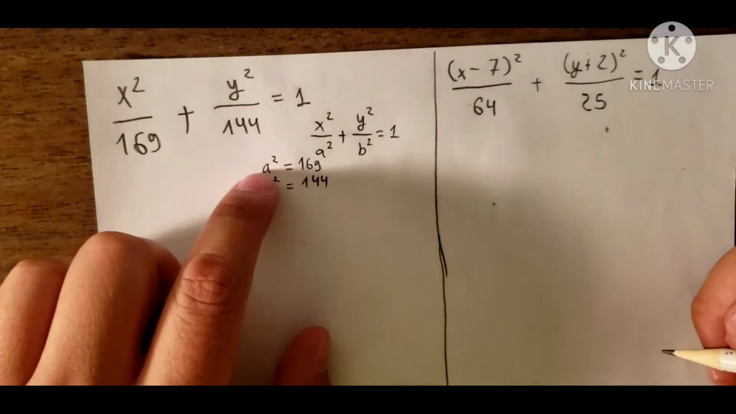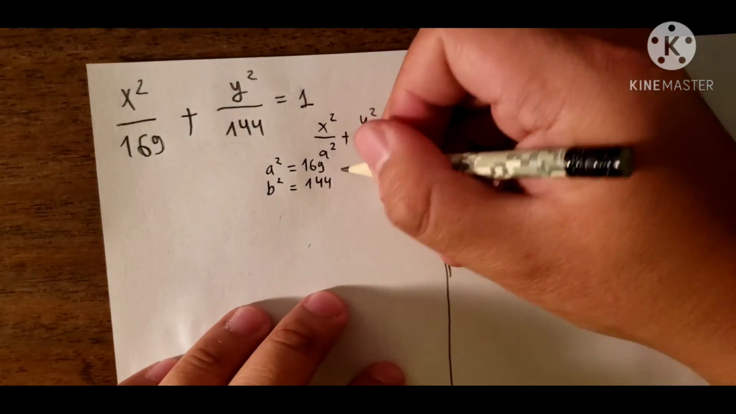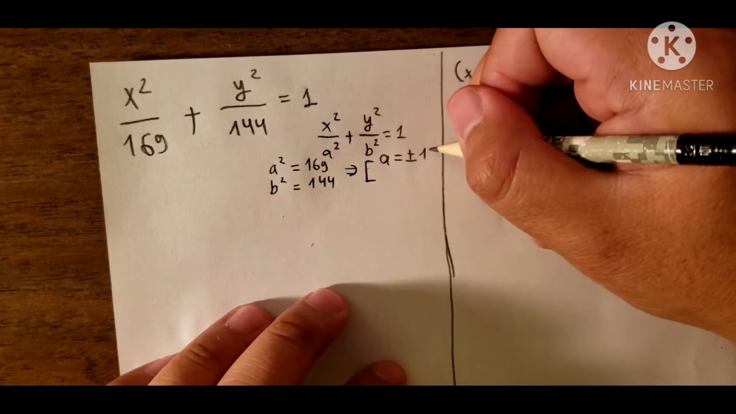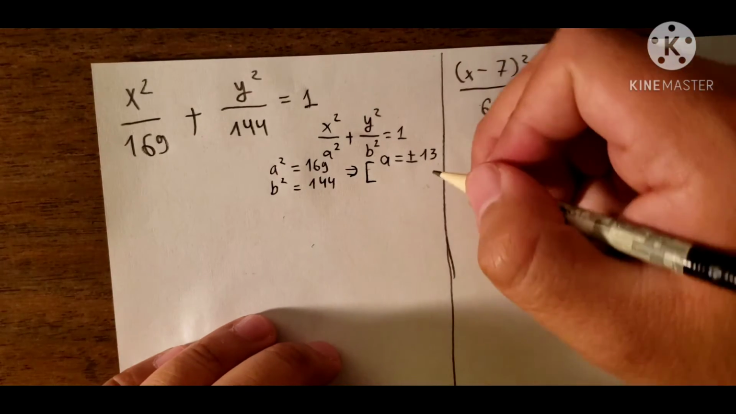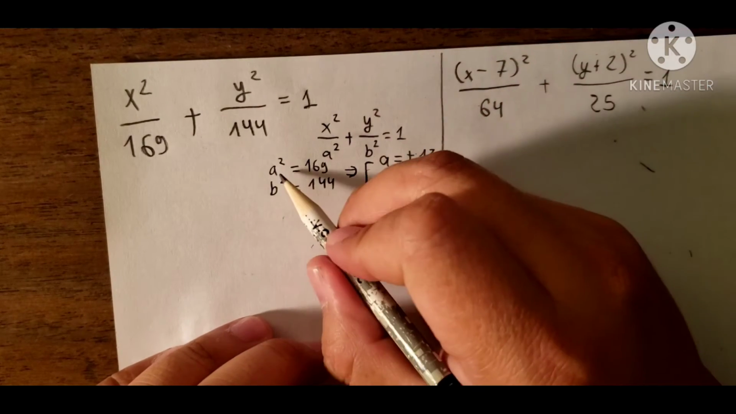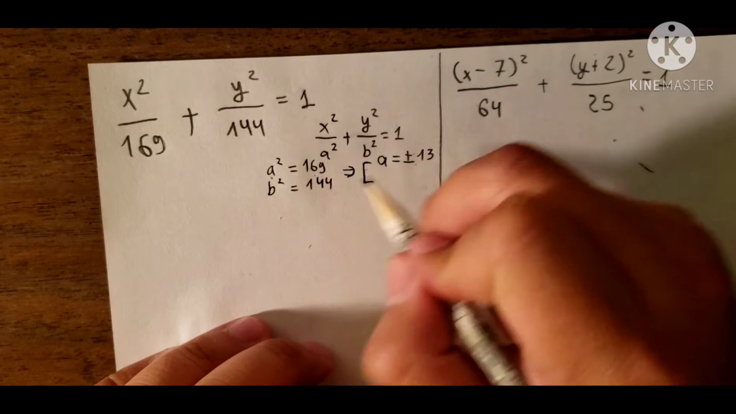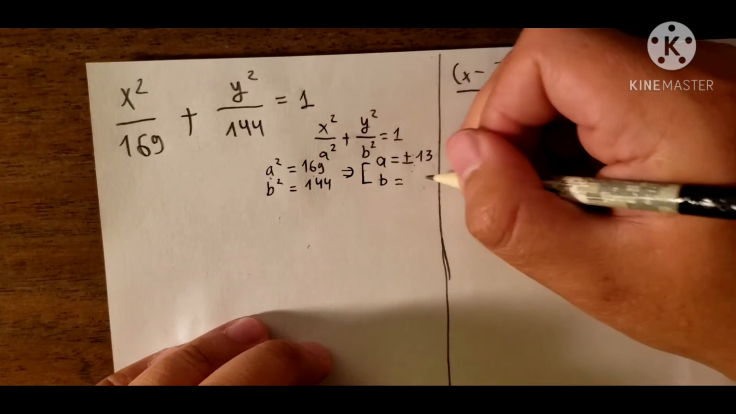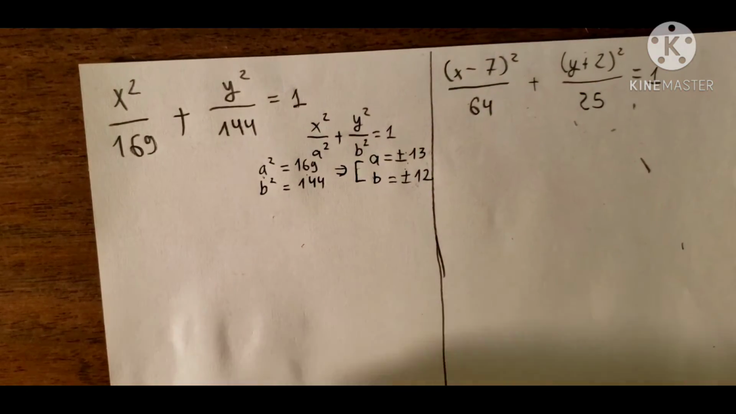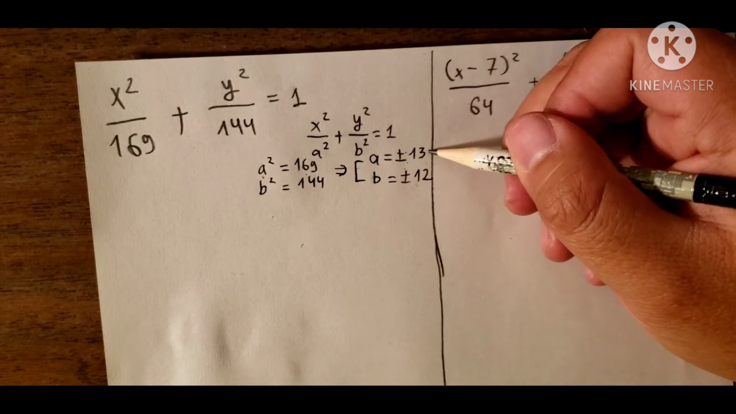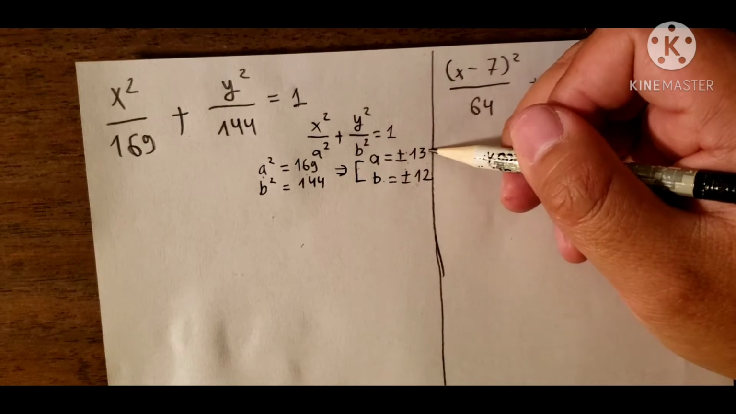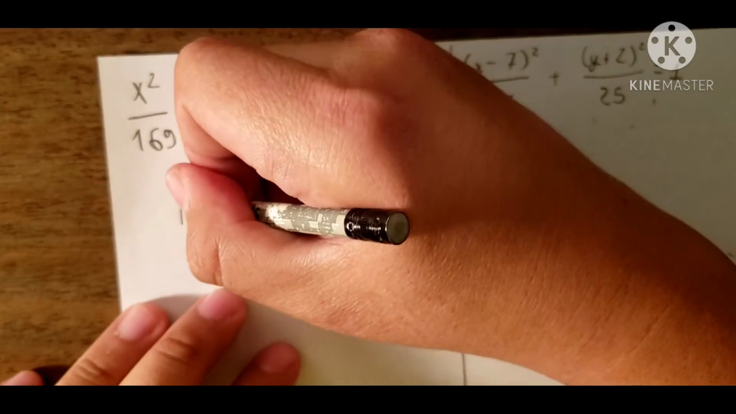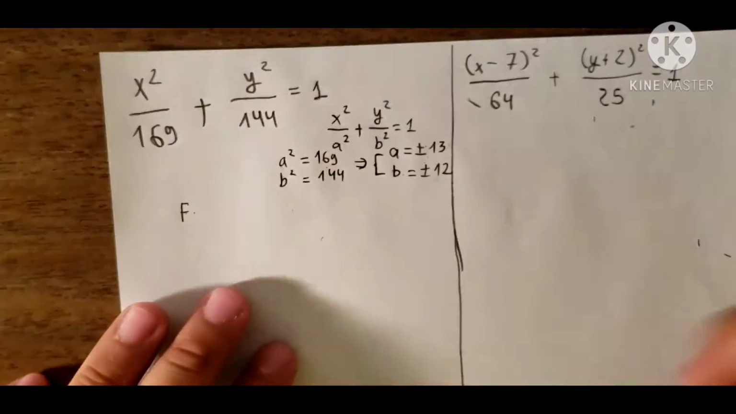So now we have a power 2 and b power 2. We put the square root and we got a is about 13, and we have positive and negative, because if we do the square root on both sides, a should be positive and negative, and for b we have positive and negative 12. So now we will compare a and b. We can see that a is higher than b,